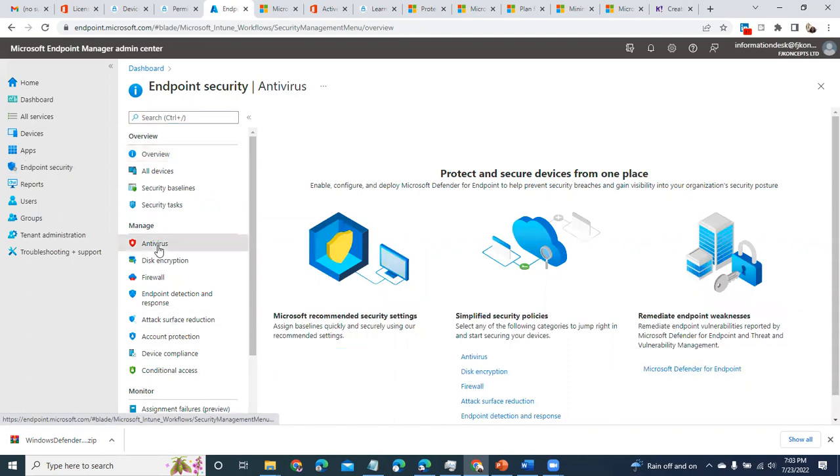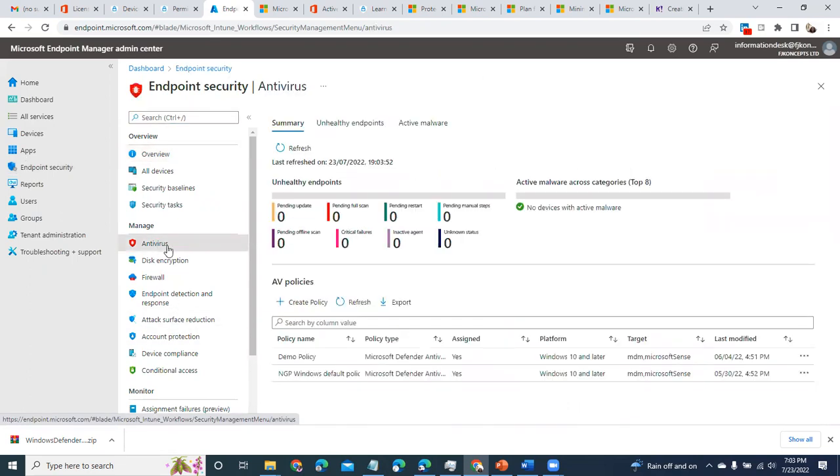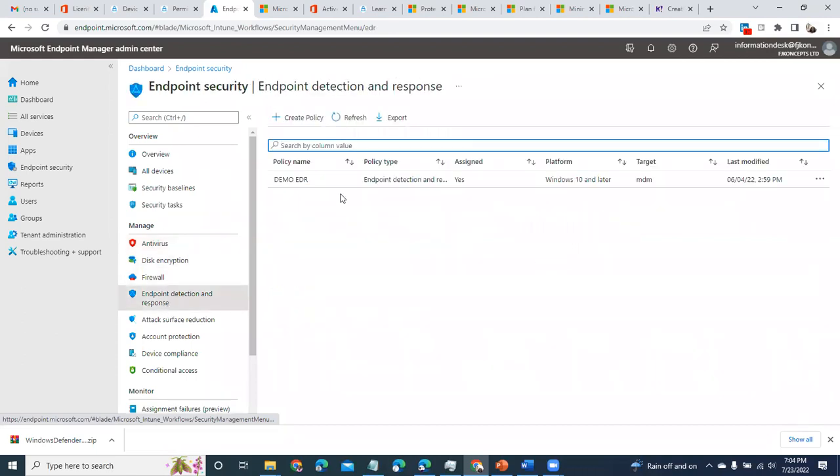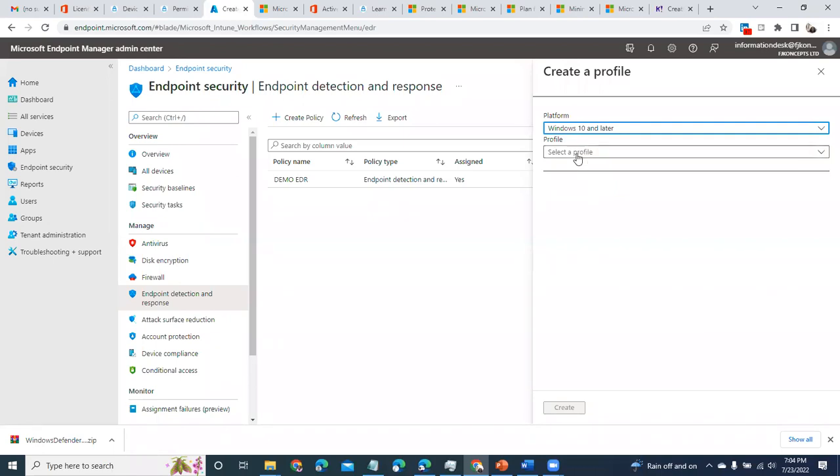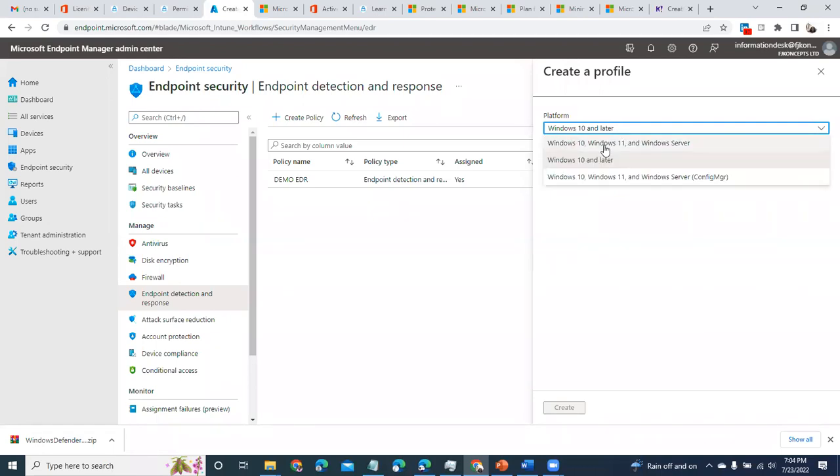When you go to antivirus, you're able to create an antivirus policy. But the first thing you want to do is create your endpoint detection and response policy. Once you create it by saying create policy, you choose the platform: Windows 10 and later, that's what I'm using. If you have Windows 11, you choose accordingly.